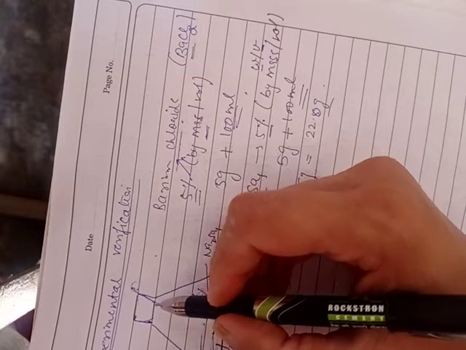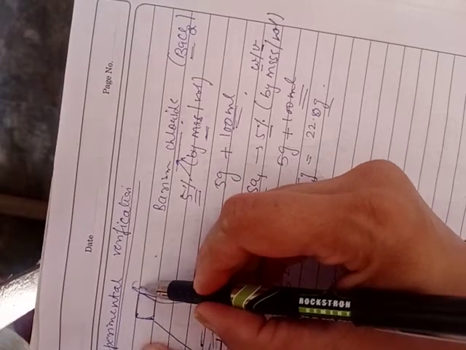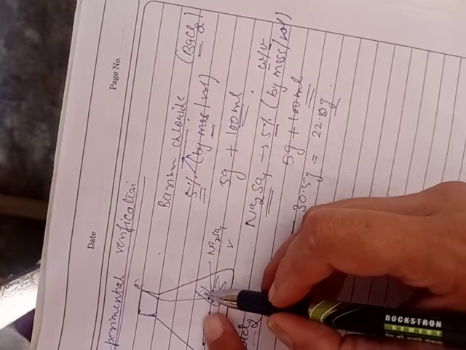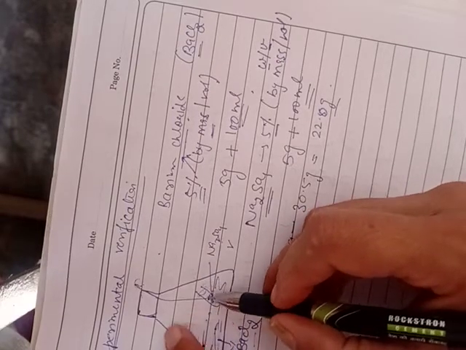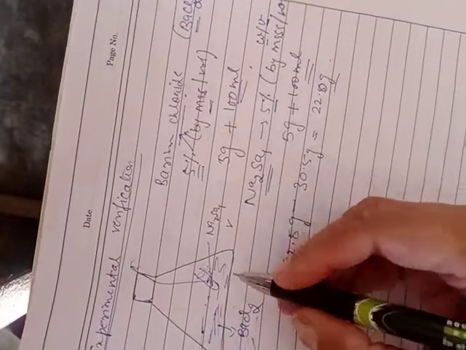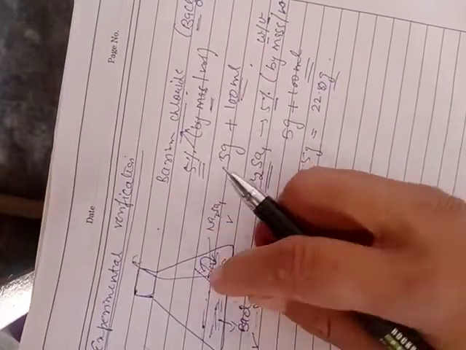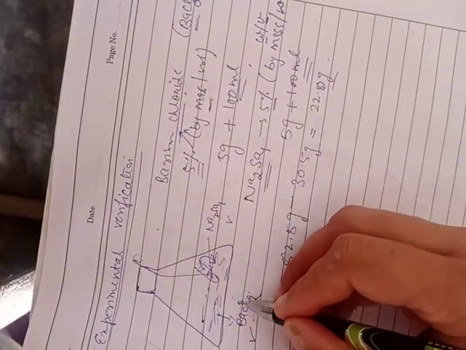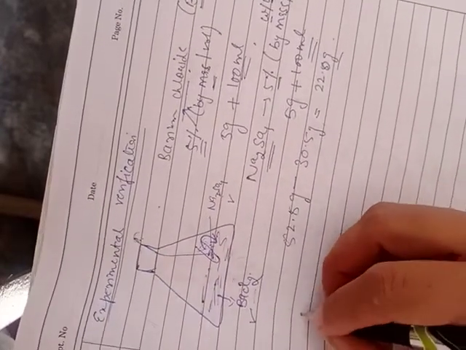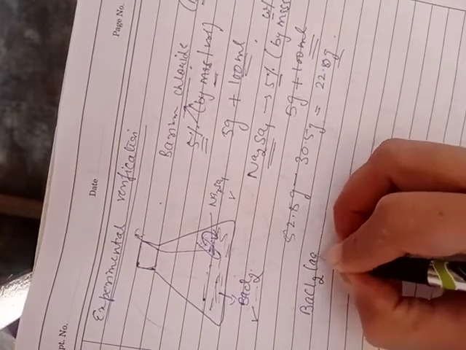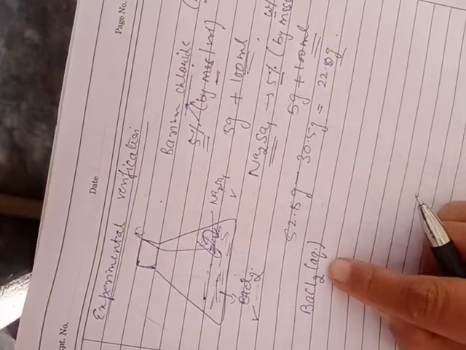We will loosen this cork a little. As a result, this thread also loosens and this test tube will undergo tilting. This test tube will tilt out, and the solution will fall down and mix with the barium chloride solution. Now the resulting equation comes out to be BaCl2 solution, which is a dilute solution, therefore